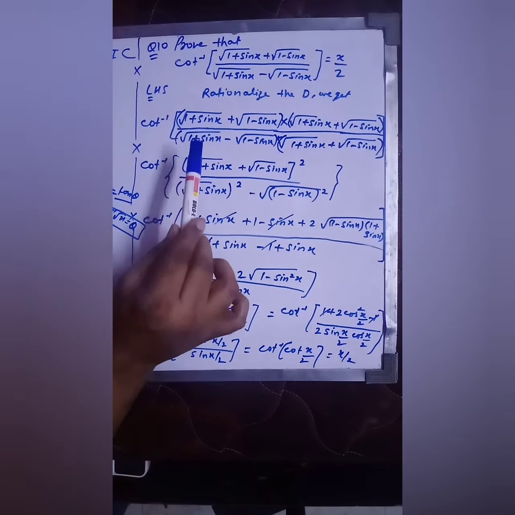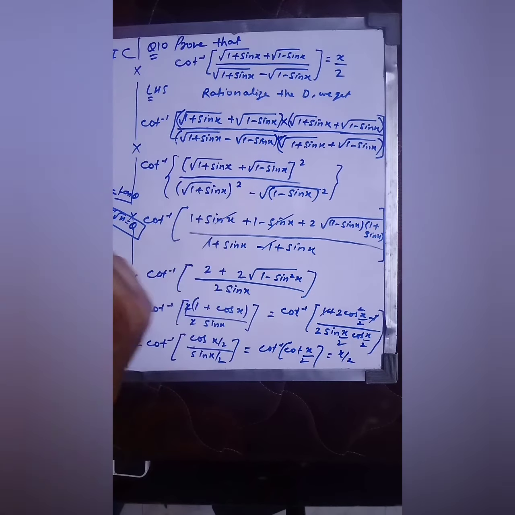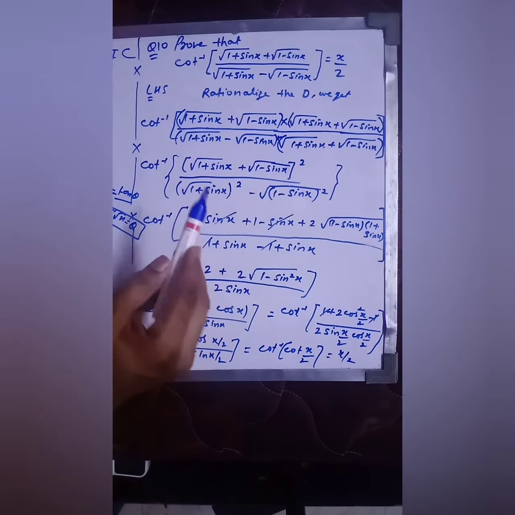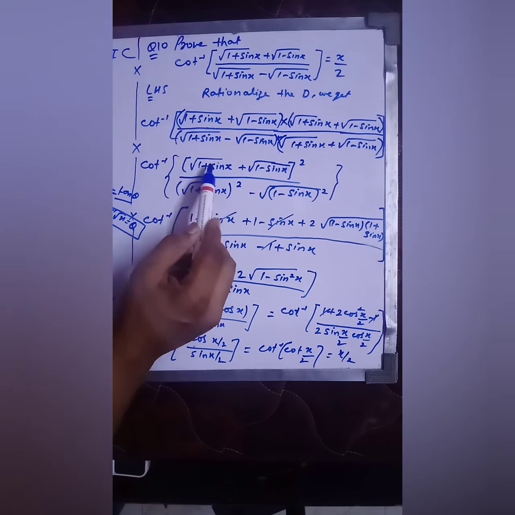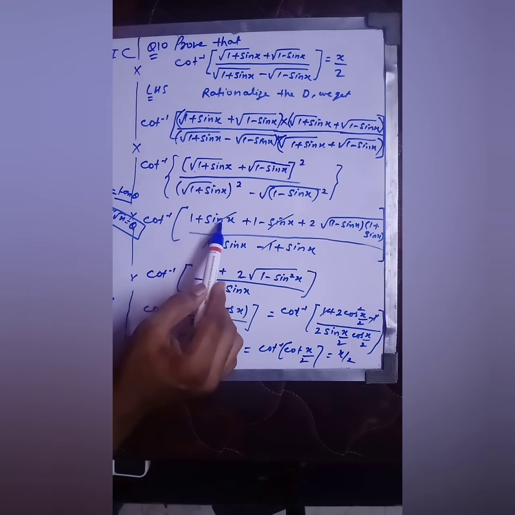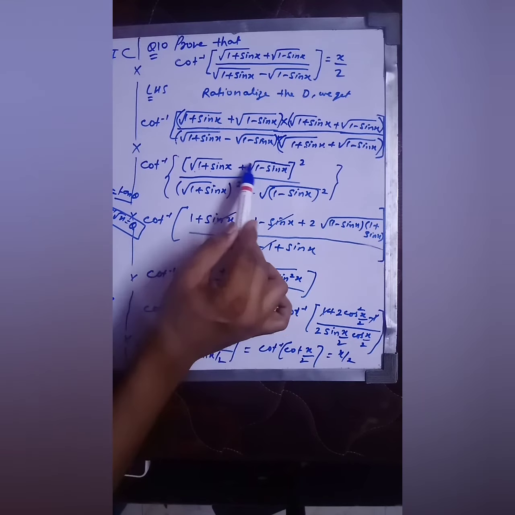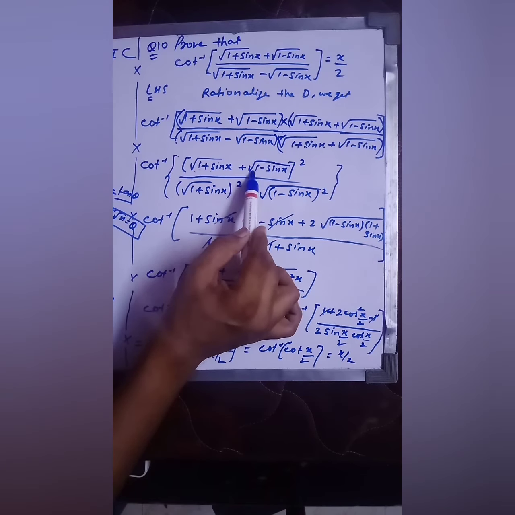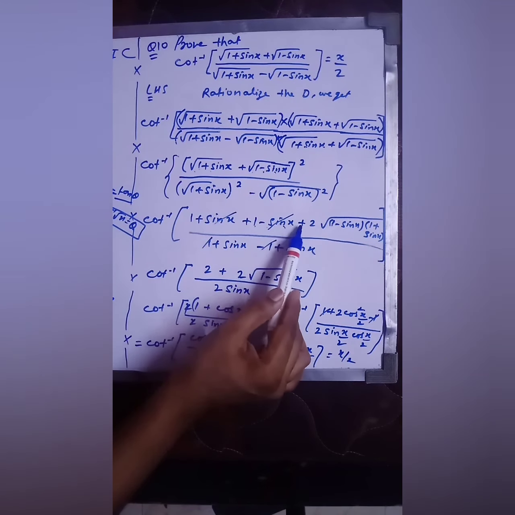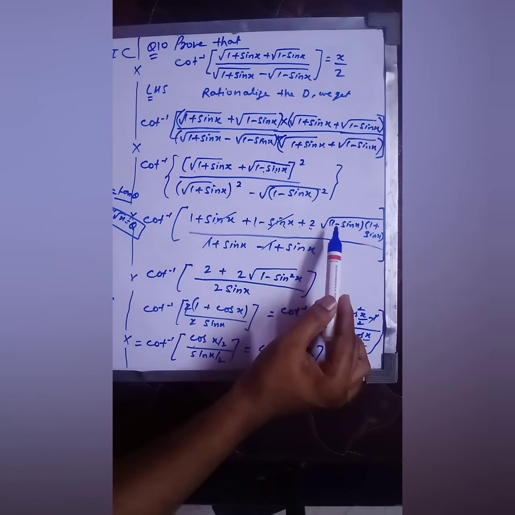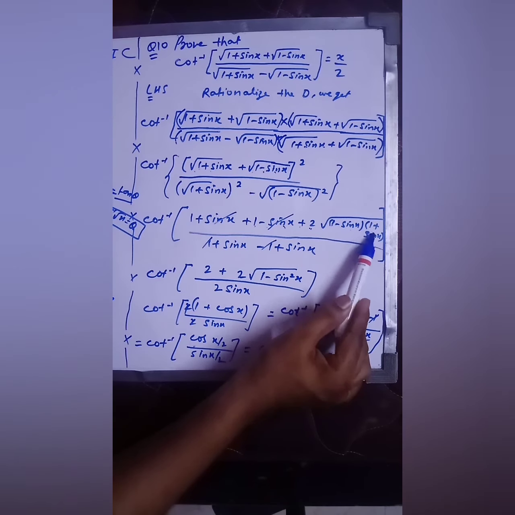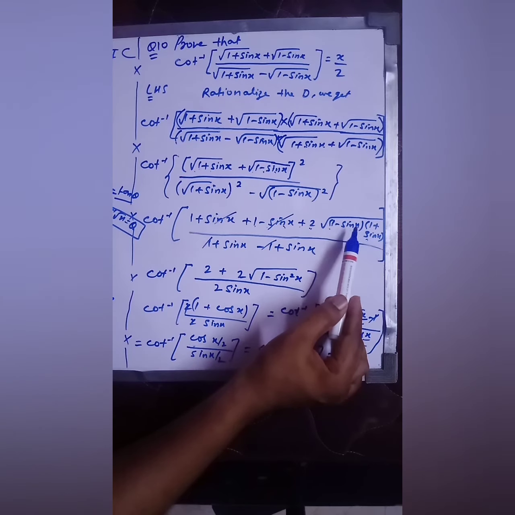Now in the numerator part, I am applying the formula of A plus B whole square. So what is the formula? A square. When you do the square of this term, the under root will be cancelled out. So it would be 1 plus sin x, plus B square. When you do B square, the under root will cancel out, it would be 1 minus sin x. So 1 minus sin x plus 2AB. Here A is under root 1 plus sin x and this is your B, under root 1 minus sin x. So I am writing this. Okay, 1 plus sin x should come before, but in multiplication, as you know, A into B or B into A are both the same. So I am writing like this.